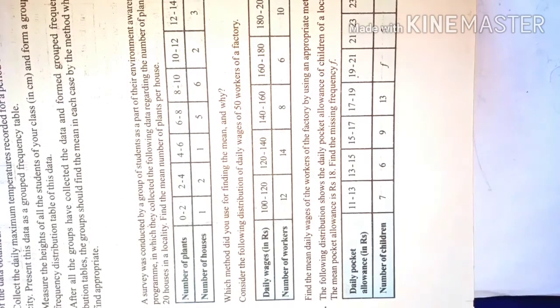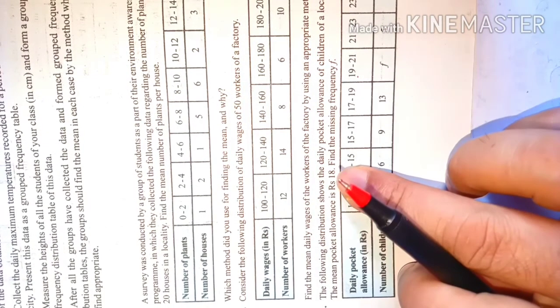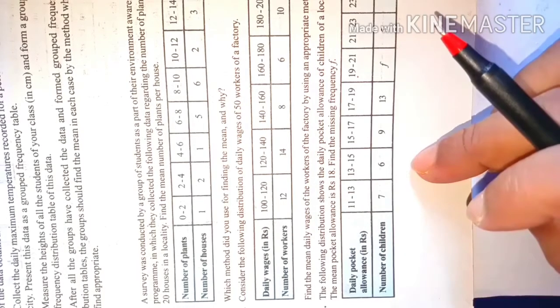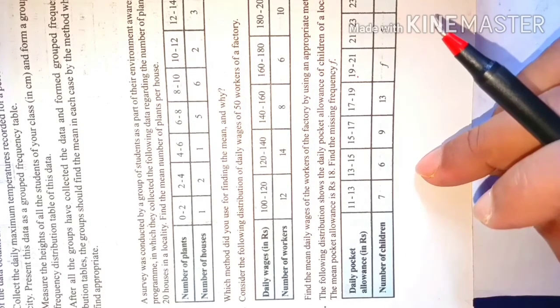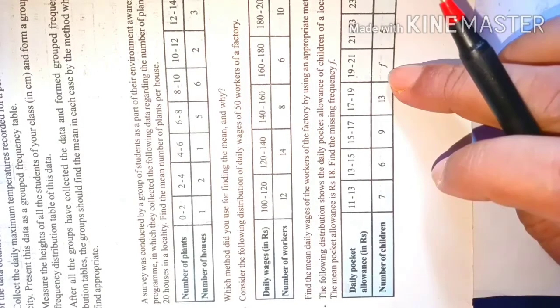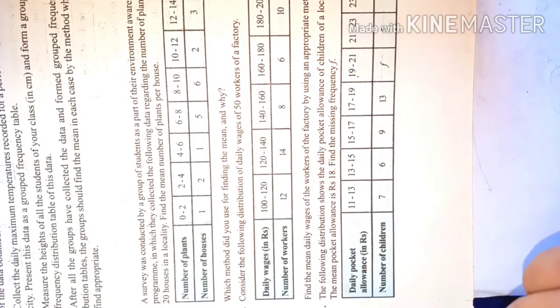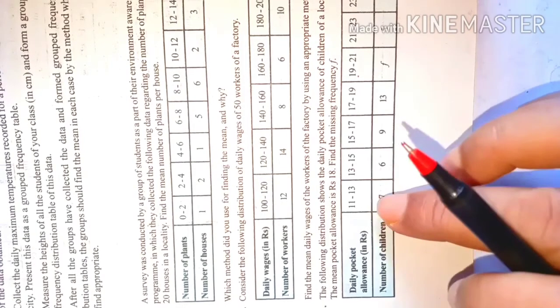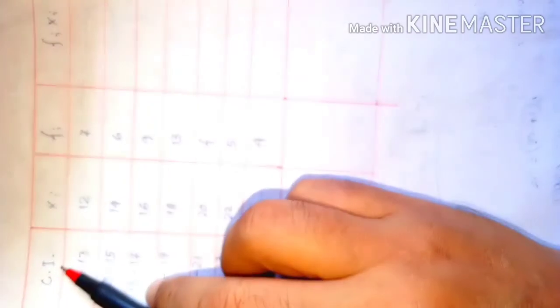So we can use here, because the mean is given here, mean is 18. So we can use again the direct method formula here, or the step deviation method formula. But the direct method will be good for you in this case. When there is a missing frequency, apply the direct method. I am just saying, you will realize why it is. So let us solve this question now. Okay, so here you write, these are class intervals. That is question number 3.